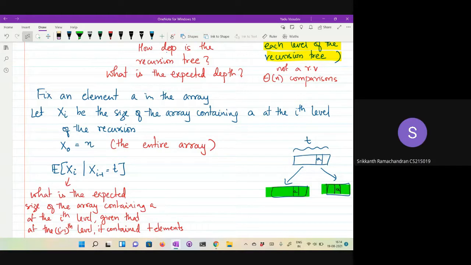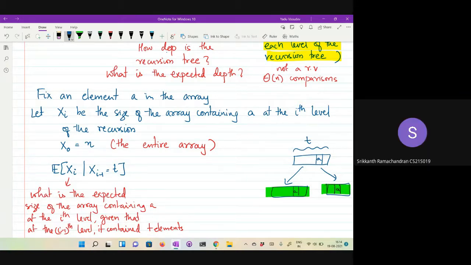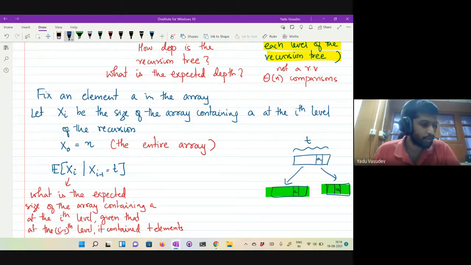Yeah, so with probability 1 over t minus 1, around 1 by t, each split is equally probable. So the splits can go from 1 to t minus 1. If you have distinct elements, then each split is equally likely. Is that what you're saying? Yeah, that's how I got it. Sarthak, is that what you are also saying?